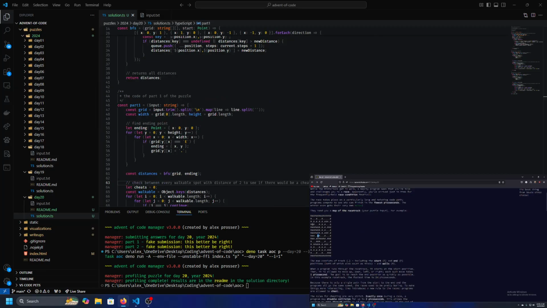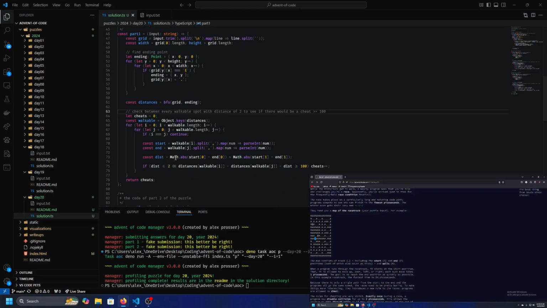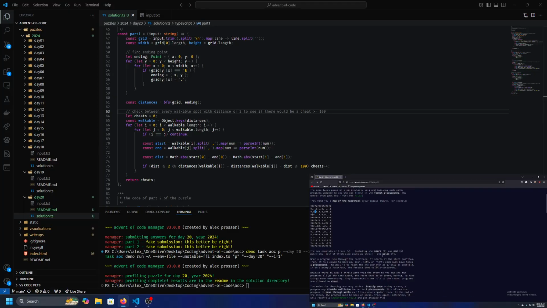So essentially here would be 0, this would be 1, this would be 2, this would be 3, and so on until we get back to the start. And then I check between every single walkable square that is Manhattan distance of 2. So this would be a valid one, but this would not be valid because it's more than 2. And then I also check if we would save any by subtracting those ending distances and also subtracting by that distance and seeing if it's greater than, in this case,